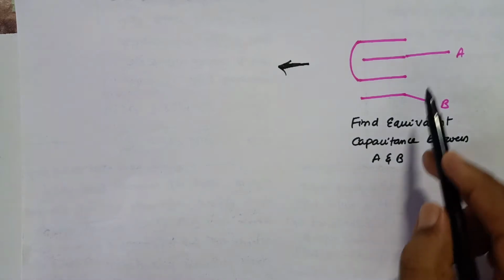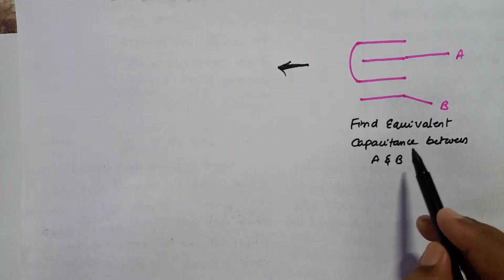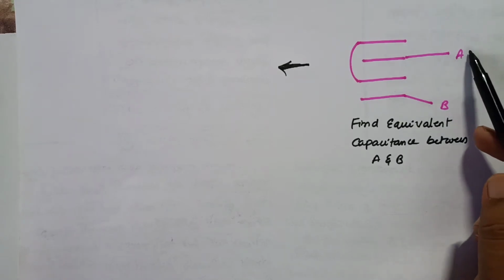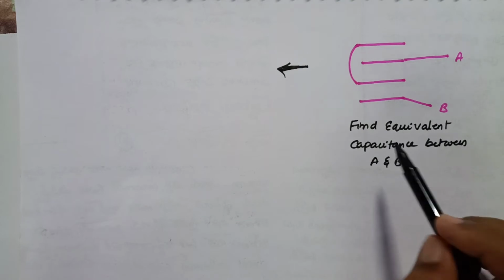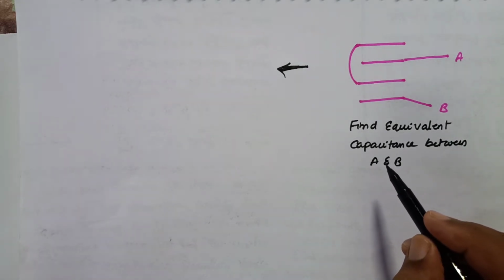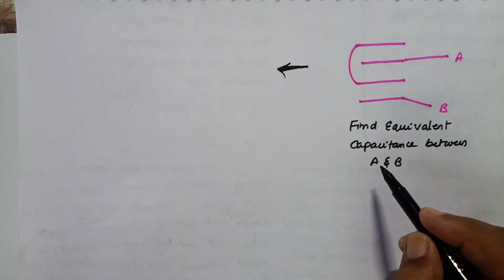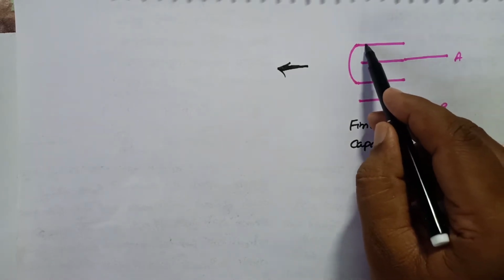Okay, now you just see how you are going to solve this circuit. He is asking us to find the equivalent capacitance between A and B. So how are you going to find it? These are very confusing cases, but I will make it so clear that you will never forget how to solve this type of circuit. So this is the first plate of the capacitor.